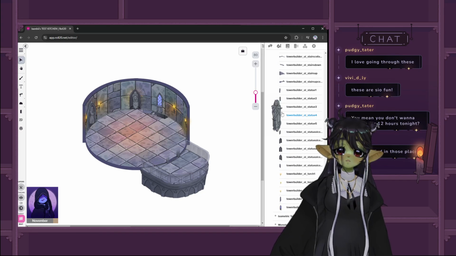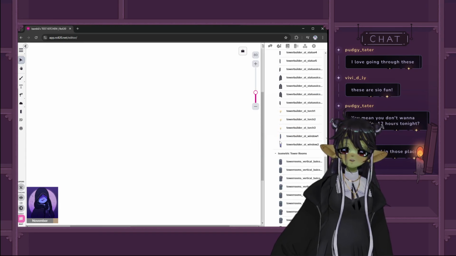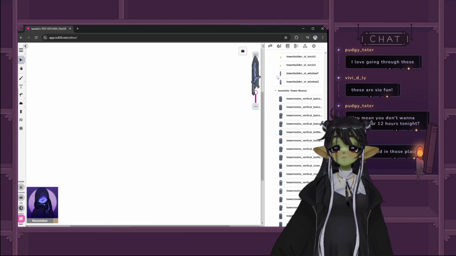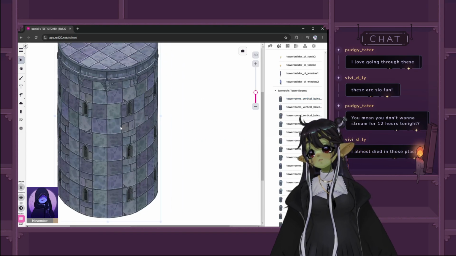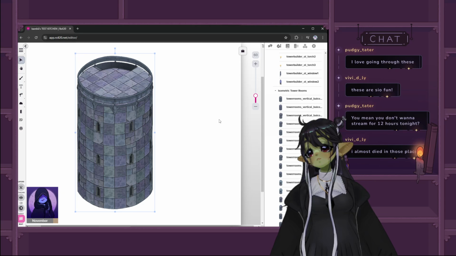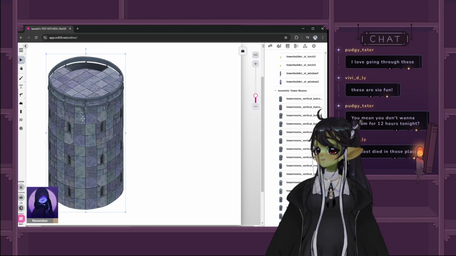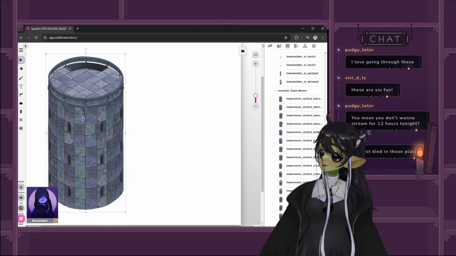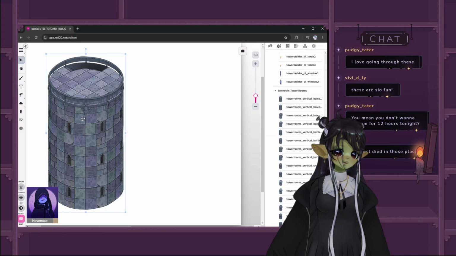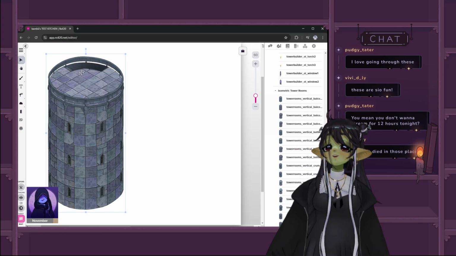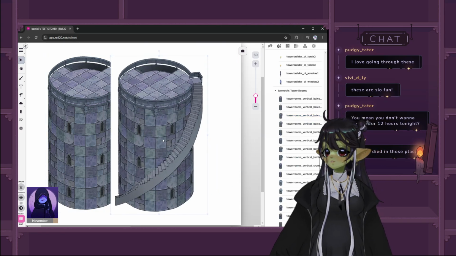And it gets even bigger because the other pack I'm going to show is an expansion. This is the isometric tower rooms, and this includes your exterior verticals. So if you were concerned that there was only an interior vertical, do not worry. There is also an exterior if you want to climb up the outside of a tower. And there's the tower summit, which can be really fun too. If you're doing a tower, if you want to clearly indicate that you get to the top of it. So there's the stairs